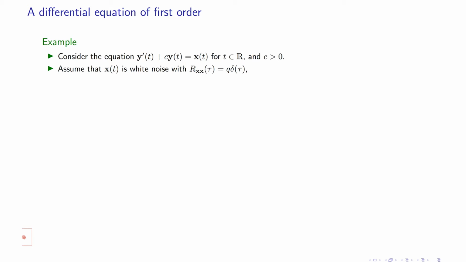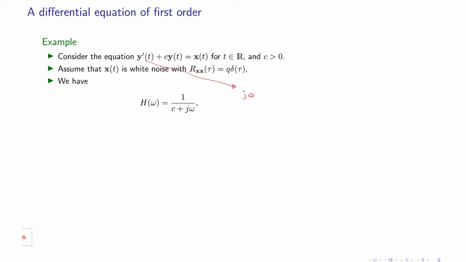And we want to analyze it. Assume that x of t is a white noise with this autocorrelation function. We could easily find the transfer function of this differential equation, because for a deterministic signal, if you take the Fourier transform... obviously remember that the Fourier transform doesn't exist for this stochastic process, but if they were deterministic, you would